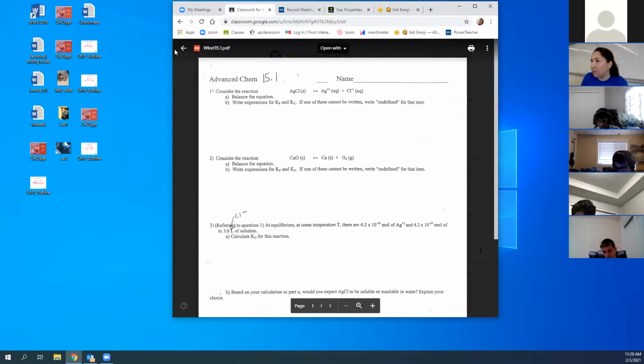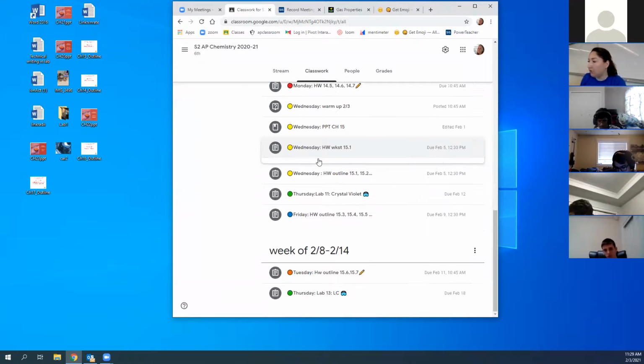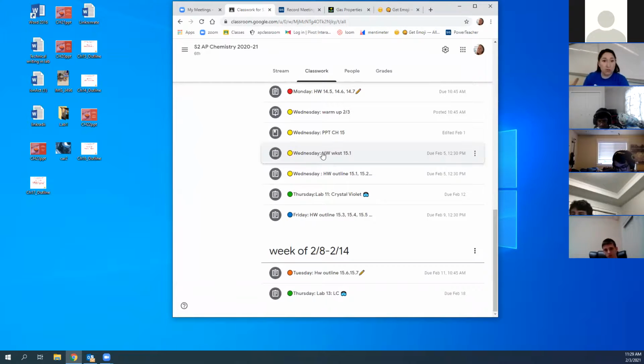Okay, the last thing I want to talk about was our lab really quick. So lab is tomorrow. You either come to session 1 or session 2. Bring goggles, bring something to write with. I'll have the lab printed out, so when you come in, go by that table, grab it, head on upstairs. And make sure you have a flash drive. Either you or your partner have a flash drive,